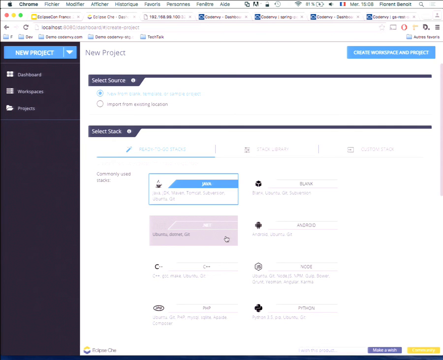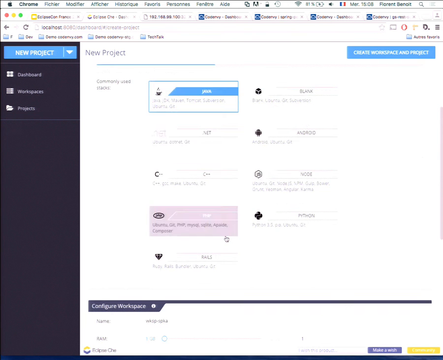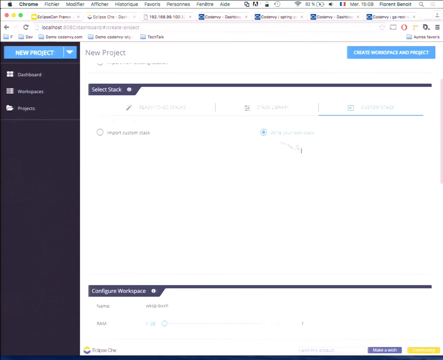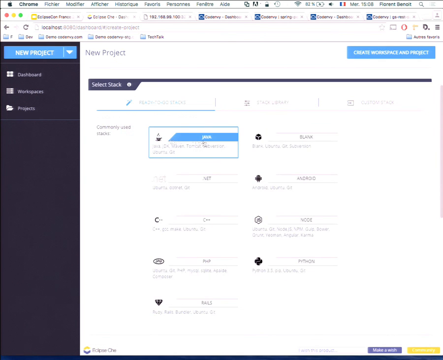And if some of these stacks are not what I expect, I can go in custom stack, and here I can add my own Dockerfile content. For example, if I have my Docker Hub image, I can add this image here. So I choose Java.